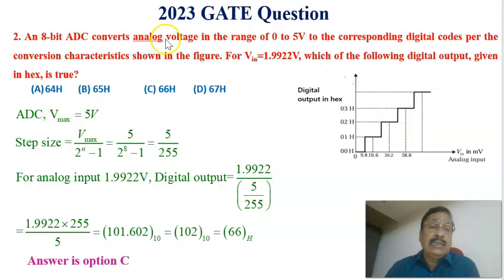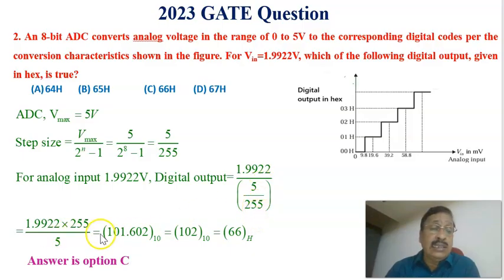it is an 8-bit ADC. Therefore, the step size is 5 volt divided by 2 to the power of n minus 1, which is equal to 5 divided by 2 to the power of 8 minus 1, or 5 divided by 255. This is the step size of the analog to digital converter. And for an input voltage of 1.9922 volt, what is the corresponding digital output? It is equal to 1.9922 volt divided by the step size, that is 5 divided by 255,